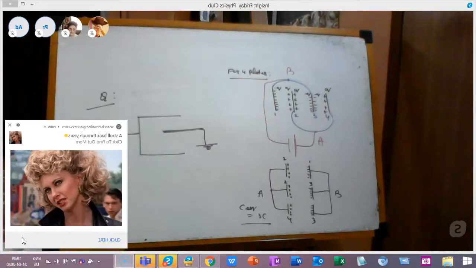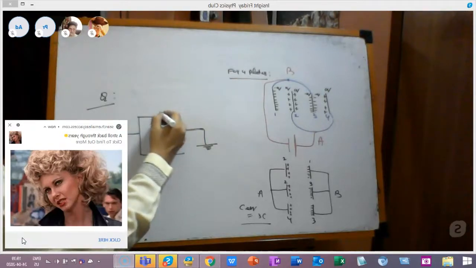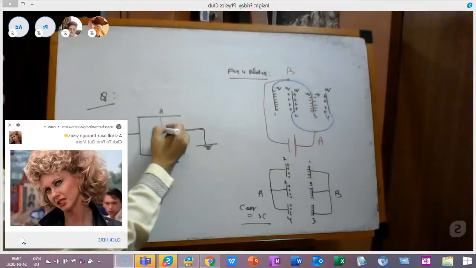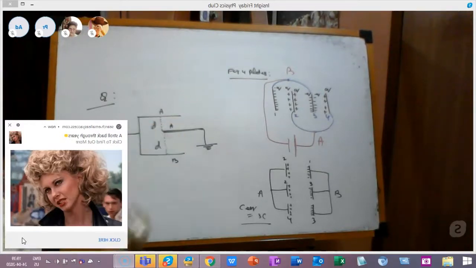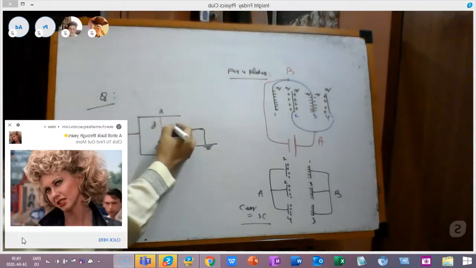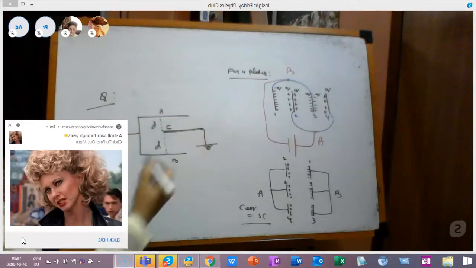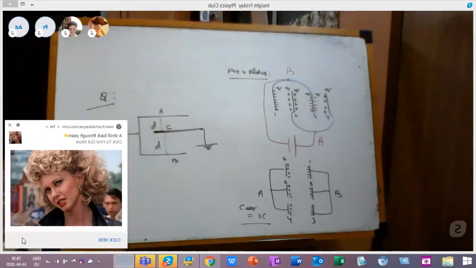The question is, if the area of each plate is A, and the distance between them is D, here also the distance between them is D, how much charge is acquired by this plate C? How much charge will be acquired by the plate C here? It has equal area. Maybe in the diagram you are not understanding, but the area is the same. This has V. So